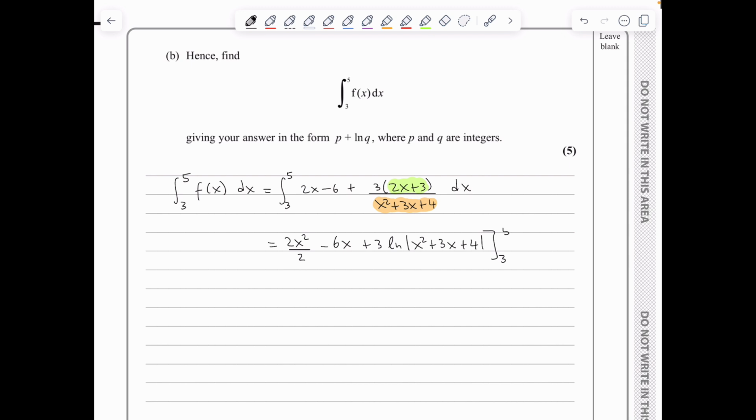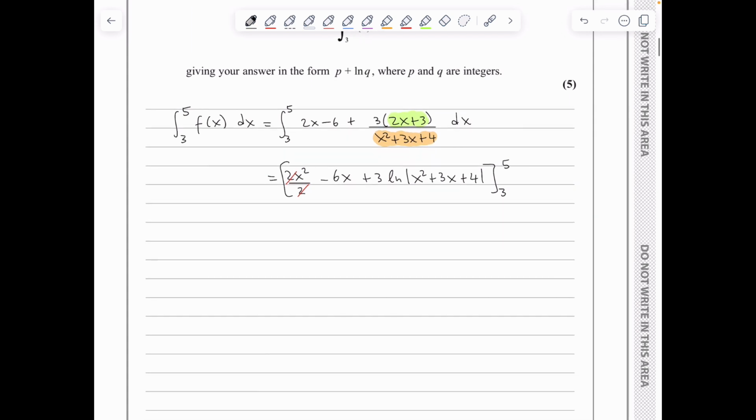Well, the 2x squared over 2 is simply x squared. And I will start by substituting the upper limit of 5. So this is going to be 5 squared minus 6 times 5 plus 3 ln of 5 squared plus 3 times 5 plus 4. And I will now substitute the lower limit. So I've got 3 squared minus 6 times 3 plus 3 ln of 3 squared plus 3 times 3 plus